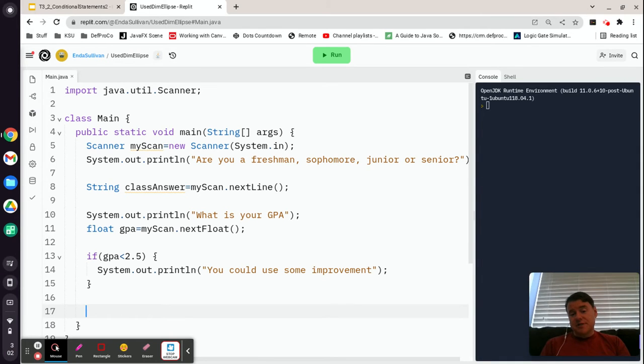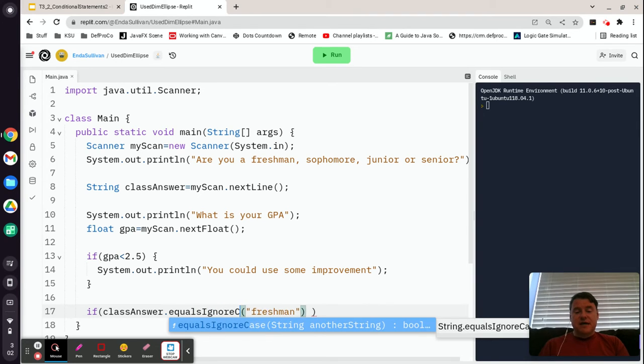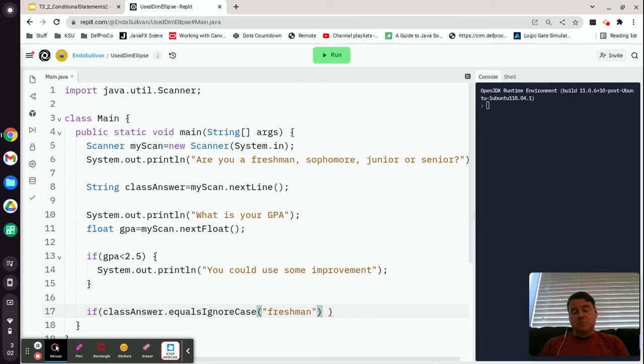All right, and so now separately, we're also supposed to tell them whether they're going to be here for a while or whether they're almost done. So in this case, we are going to say if the class answer is equal, and remember, this is a string, so I have to use dot equals to freshman. Now they could be freshmen or sophomores. So first off, I'm going to make that equalsIgnoreCase because I want it to work whether they type in freshman with a capital F or lowercase f or any other combination. But then if they are a freshman or a sophomore,